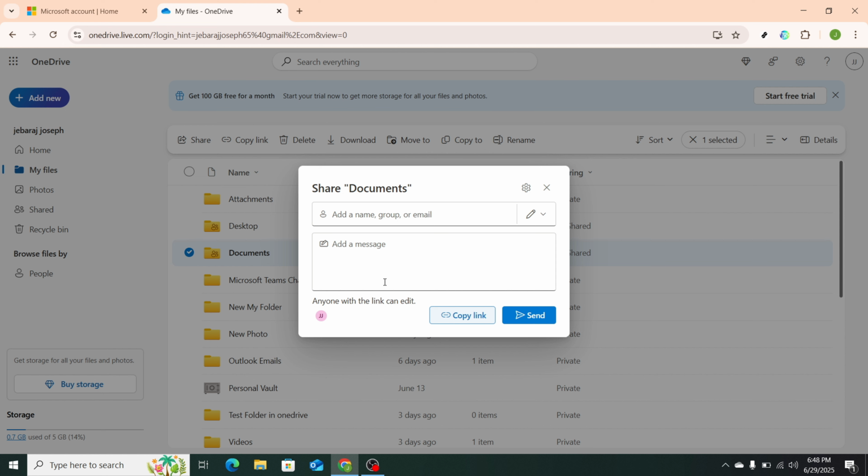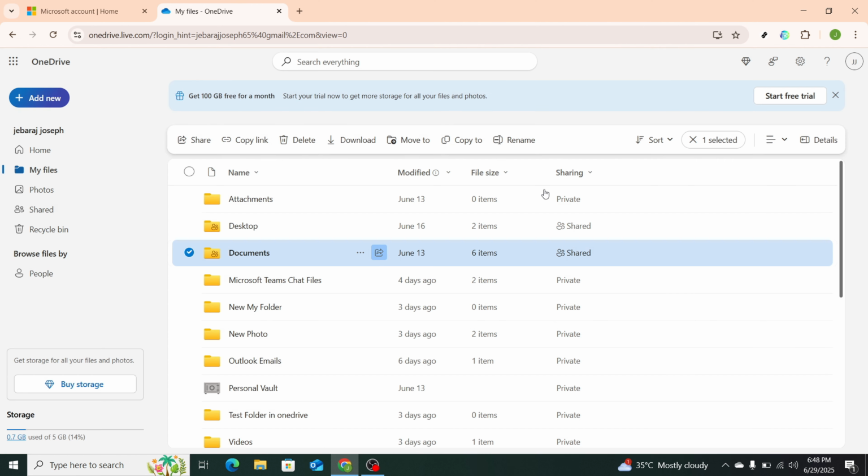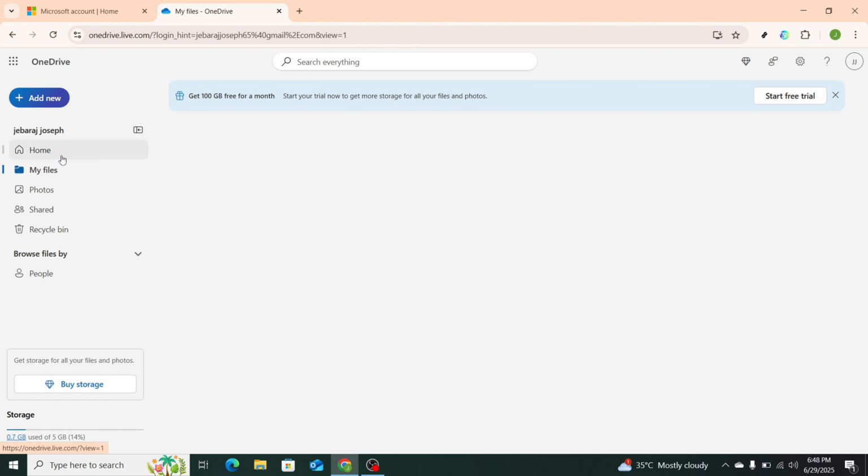Before you finalize sending a link or the invitation, a crucial step is to review the permissions you're granting. Make sure the Can Edit option is checked. This permission allows the recipient to edit and manage the files once they receive them, which is particularly important if